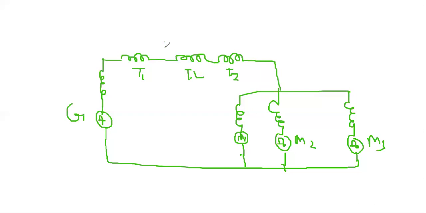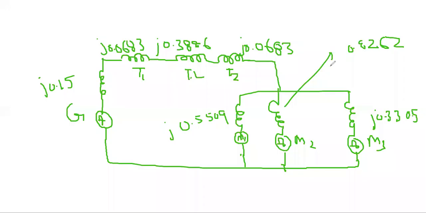For the transmission line, as we have calculated, we will put the value as 0.3886. Okay. We will simply put the per unit values of transformer 1 and transformer 2. So see, friends, this is the conclusion of the system. We have calculated the per unit of the entire system on the chosen base value. And this is the reactance diagram of the entire system.